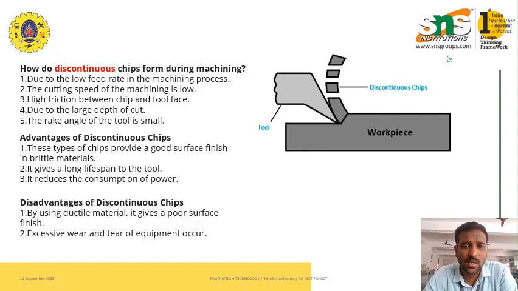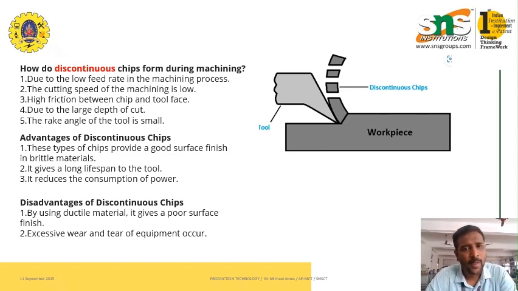What are discontinuous chips? It is when the chips are broken into multiple pieces. In the previous case we discussed the same pencil, the same material, and by using the same tool, multiple types of chips can be formed: continuous chips, discontinuous chips, or continuous chips with built-up edges. But certain other factors influence the formation of discontinuous chips, and they are listed here: